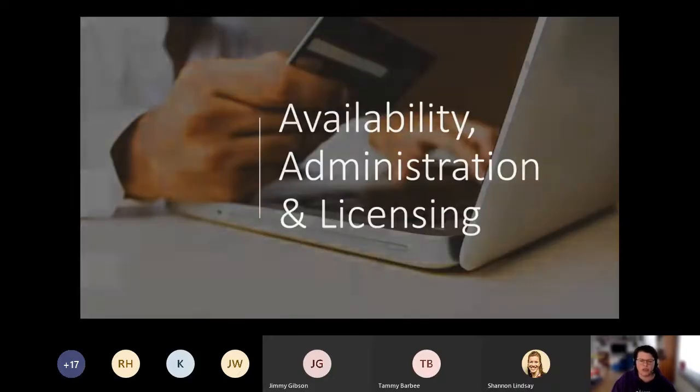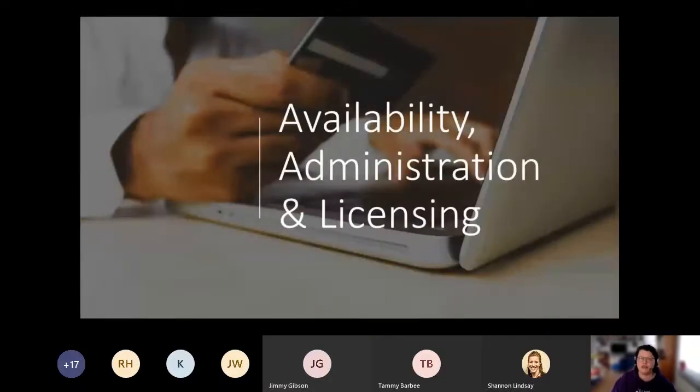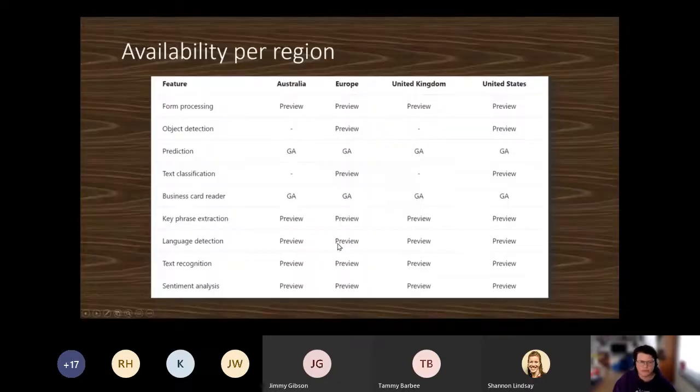So this is not all. I just picked some that I find interesting, because if you look in the release notes for the next wave, there's a lot more coming. So AI Builder is still not available in all regions, but you guys are in the United States. So you have the full features available to you, except if you're in a GCC tenant. I'm not sure what the current status is for GCC actually.